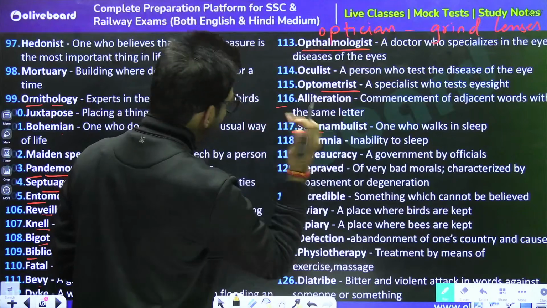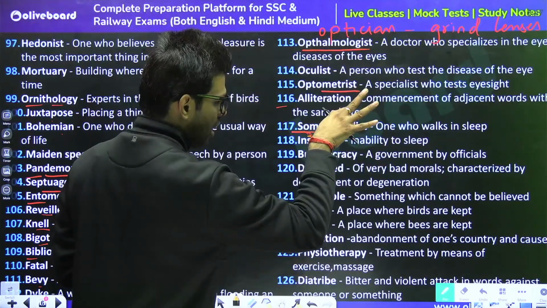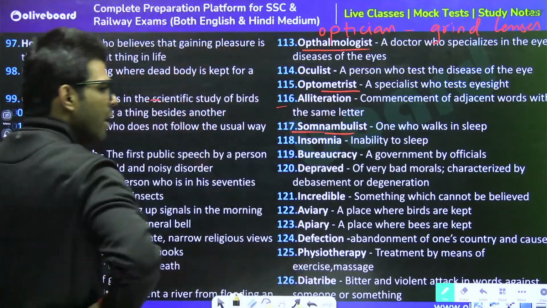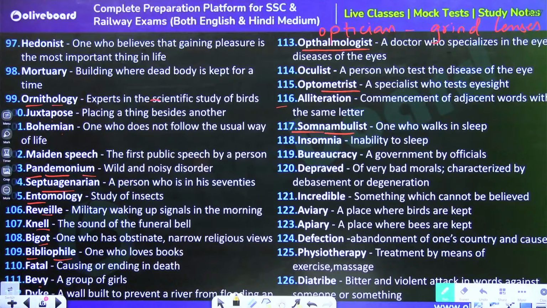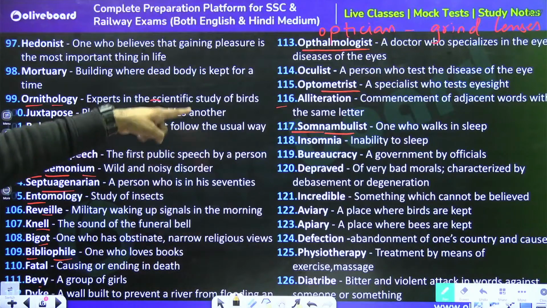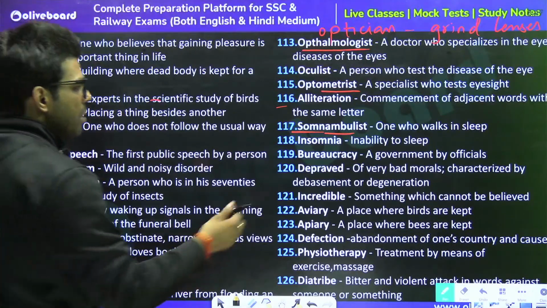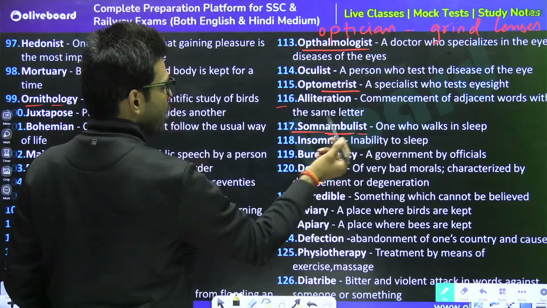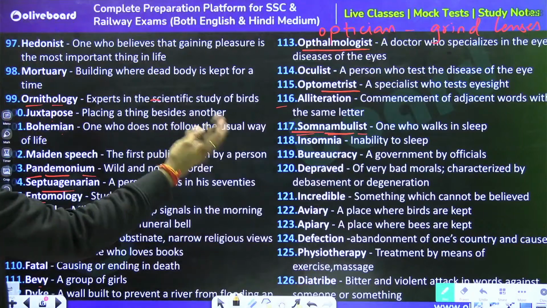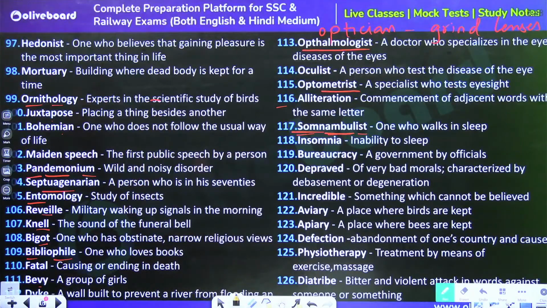Somna, sleep. Ambula, walk. That's why the one who is injured, unconscious, etc., cannot walk to the hospital and is taken by an ambulance, the one which can help you walk that way. And the person who walks in sleep, because IST represents the person, ambula walk and somna sleep, the one who walks in sleep is supposed to be a somnambulist.